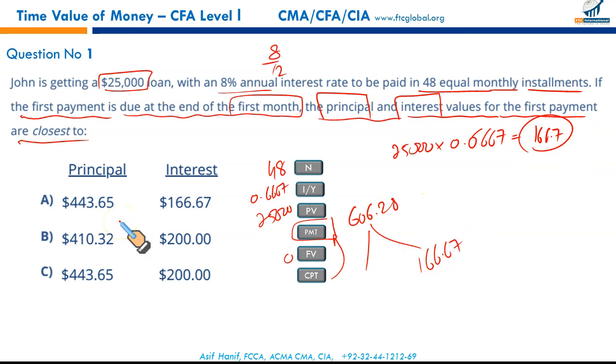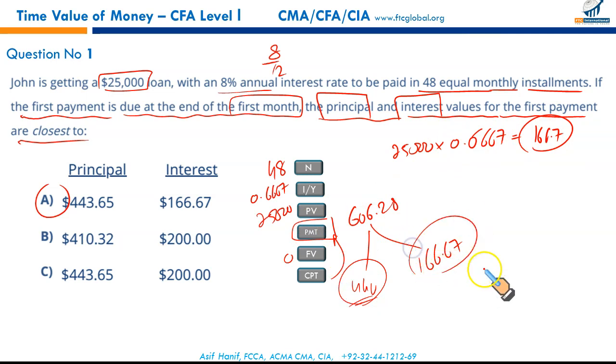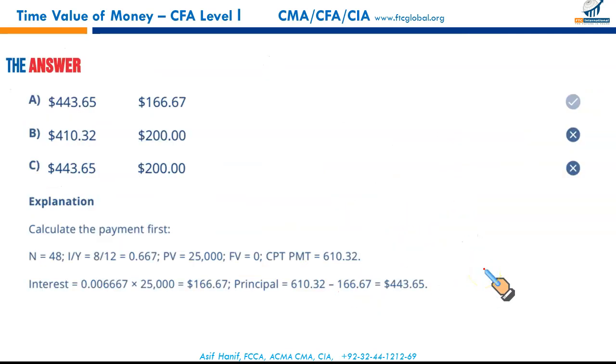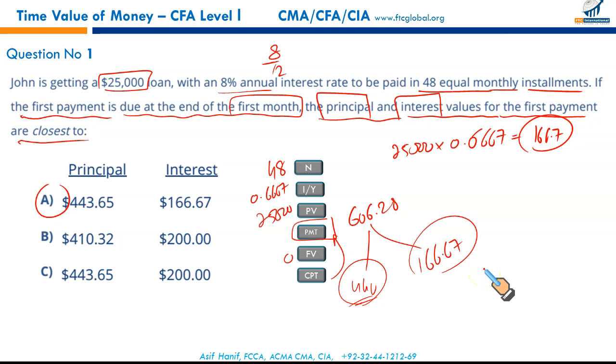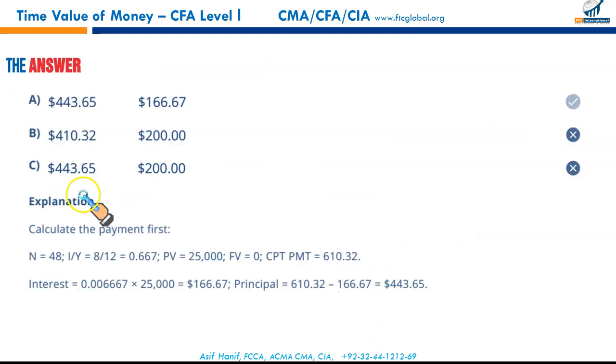and that would be 440. I think there's a little rounding off error, so this A is the correct answer. So we have split the 606 into its principal and interest part. First we calculated the payment amount, and then we charged the interest and split the amounts into two components, the principal payment and the interest. That makes A the correct option. Probably we used 0.6667, that's why there's a little marginal $3 difference, but nonetheless we got our result.